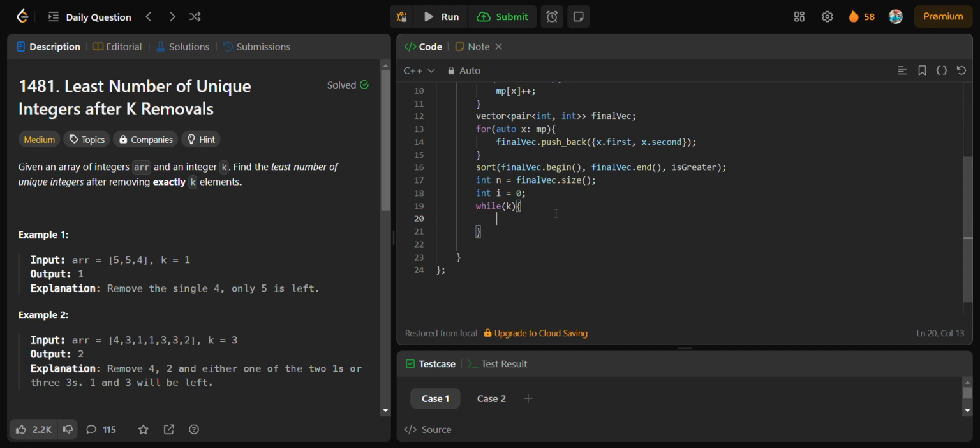implement a while loop, and inside of that we will decrement the finalVec of I dot second value and k value, and after that we will check if finalVec of I dot second is equal to 0, and if this is true, then we will increment I,